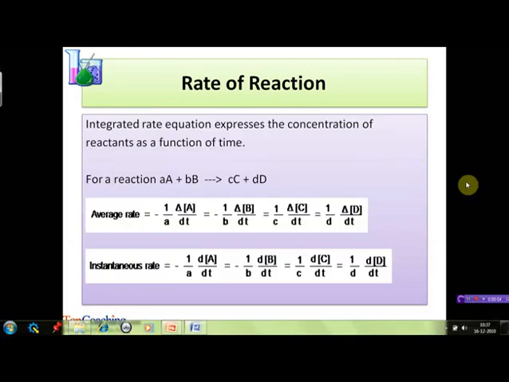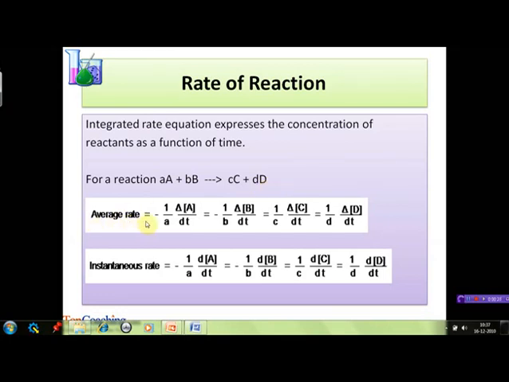If we express the concentration of the reactants as a function of time, then that mathematical expression or that equation is known as integrated rate equation. So if we consider a general reaction in which a moles of the reactant A and b moles of the reactant B react to form c moles of the product C and d moles of the product D, then the